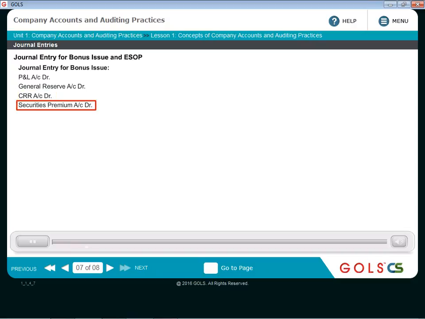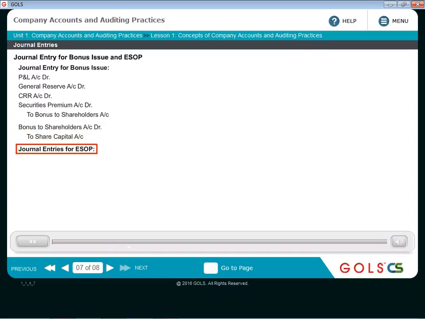Even the securities premium balance also can be utilized for bonus issue. So securities premium account debit, to the extent it is utilized, this is due as a bonus to the shareholders. So to bonus to shareholders account. And when the shares are actually allotted by way of bonus, then bonus to shareholders account will be closed by debiting it and to share capital account, because to that extent your share capital will increase. Now because this is bonus issue and the company is not receiving any money, in these entries nowhere you will see bank account debited.